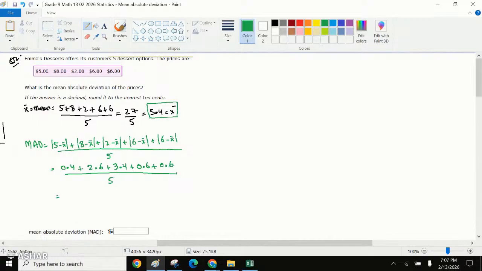So when we add 0.4, 2.6, 3.4, and 1.2, it comes out to be